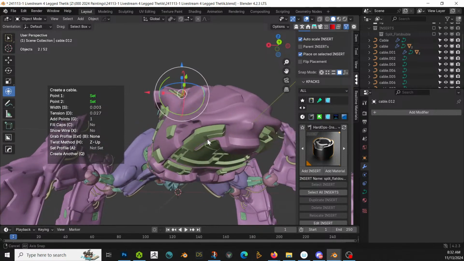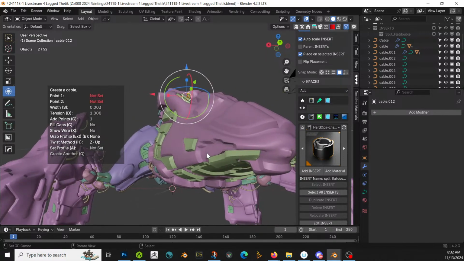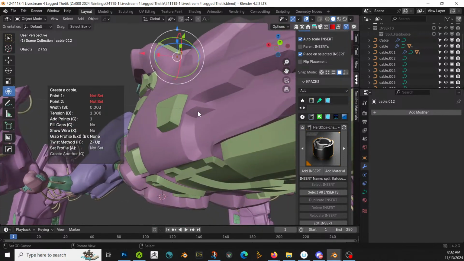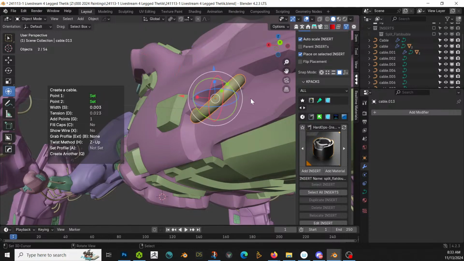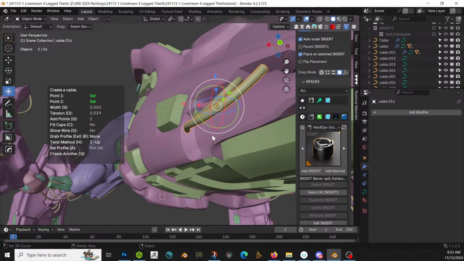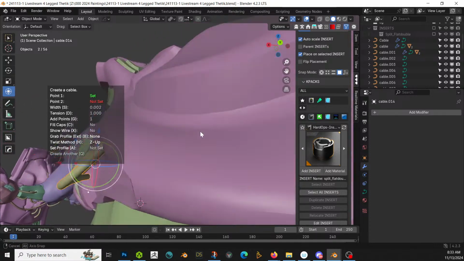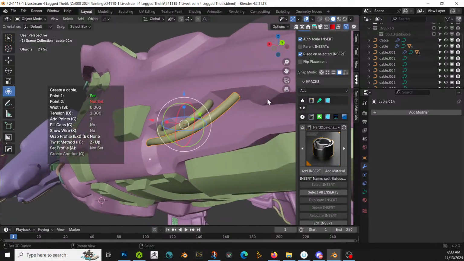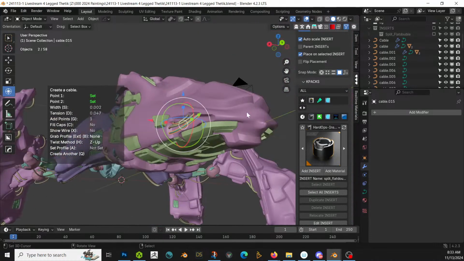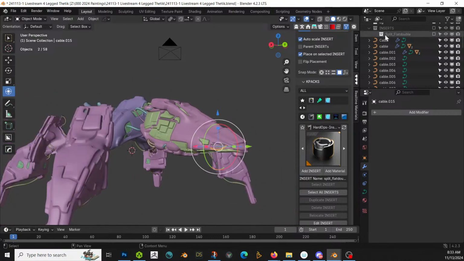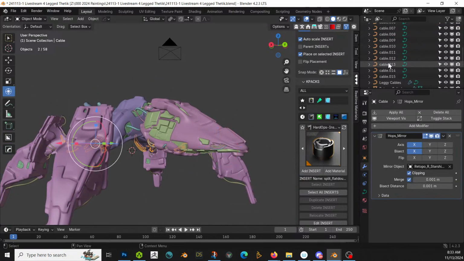I like cables to kind of curve over like that. Let's just do some down here too. Nice. Okay, so let's grab all those cables,